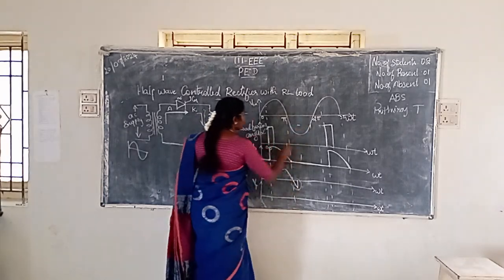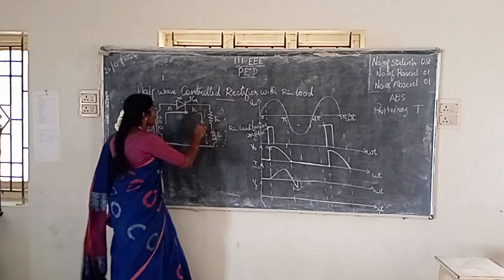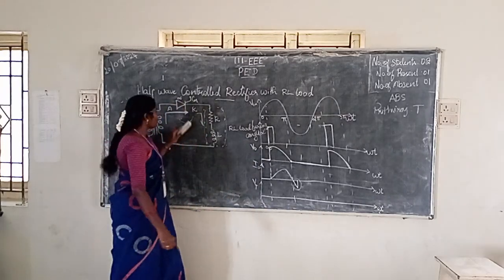What is this half cycle? This half cycle is the reverse bias condition, right? So during the